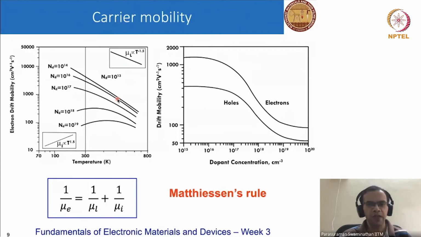Doping will also affect the carrier mobility. Carriers as they move in the semiconductor get scattered. If we have defects or if we have dopants, then these will tend to scatter more, which means the mobility will decrease. This is true in the case of both electrons and holes, where we find that as the dopant concentration increases, the mobility of both of these decreases. And we can actually calculate the net mobility by considering both the lattice scattering and the impurity scattering, and this is called Matthiessen's rule.